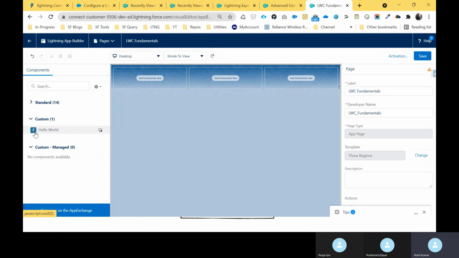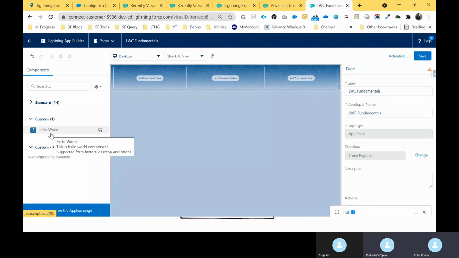Also, you can change this icon as well. This is the default icon given by Salesforce and VS Code. This is the lightning icon. How can we change it? You have to create one SVG file under your component. Then you can deploy your component, and after that you have to refresh your component, and you can see the output easily.